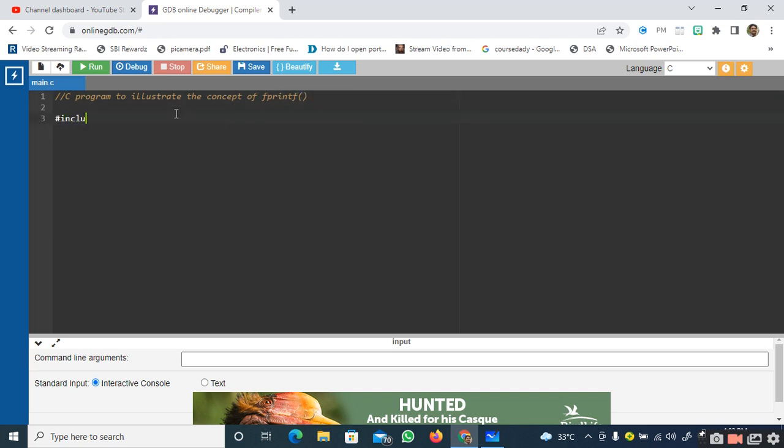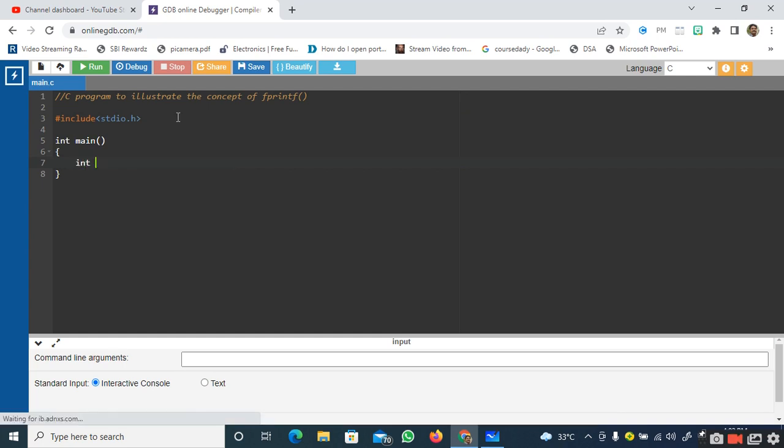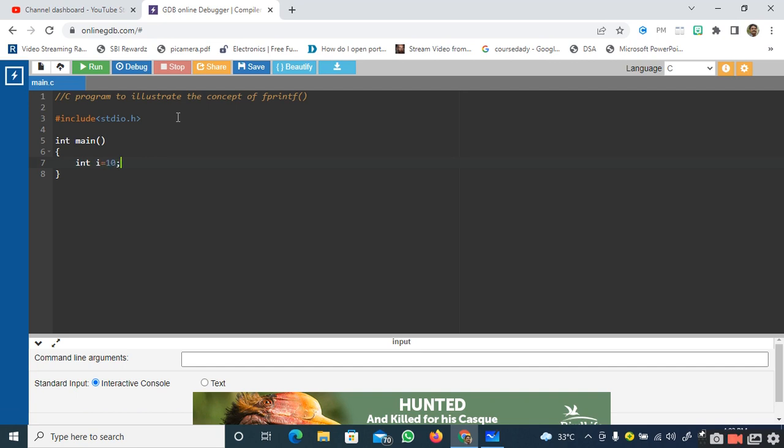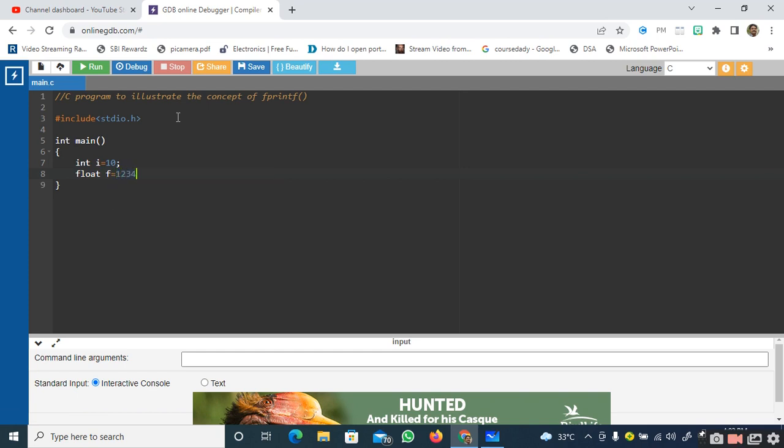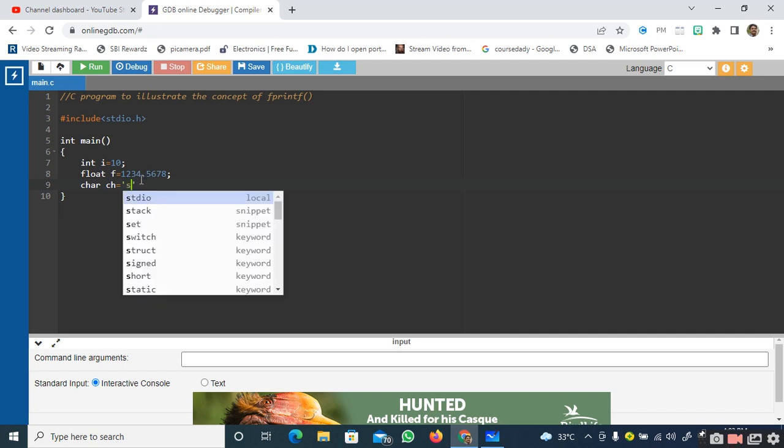I take my header file stdio.h. I take my main function. Here I would like to give three different variables. int i is equal to 10, float f is equal to 1234.5678, and I take one more variable of data type char, called ch, and I want to initialize it with one character, s.